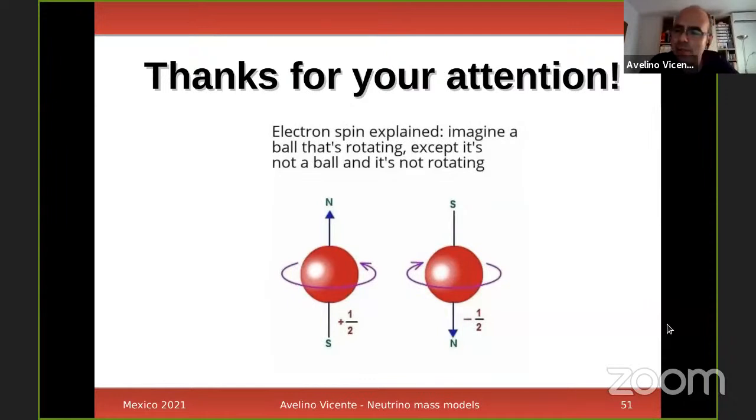It's hard to answer. On one side, I like the type 1 seesaw because it's very simple and it fits very well in grand unification. So I think everybody believes that this is a very simple way to get neutrino masses, but it's impossible to test directly. So if I can choose two favorite models, one would be the type 1 seesaw because it's simple and we all like it. And a second variation would be the scotogenic model. The scotogenic model is also a model that I like a lot because it also gives you dark matter. And it's not that complicated. It's a very simple model as well.